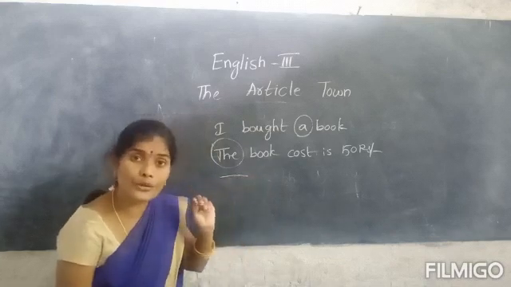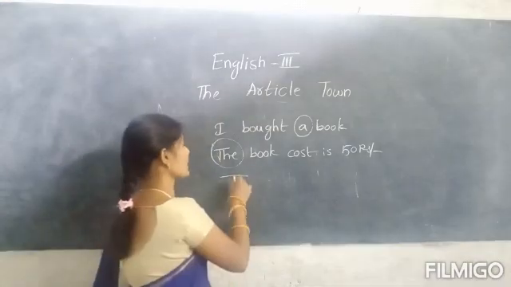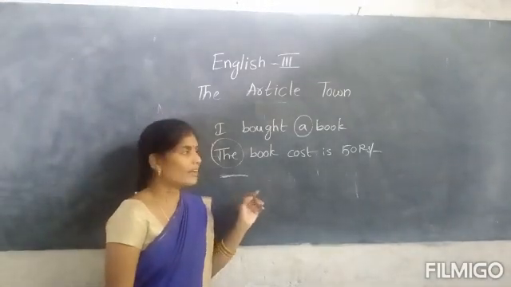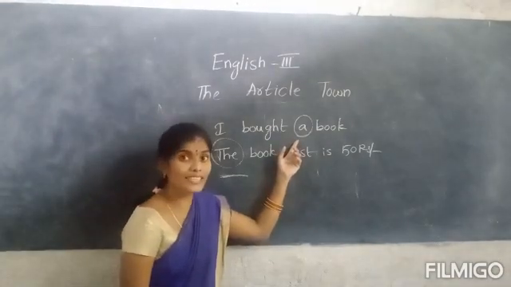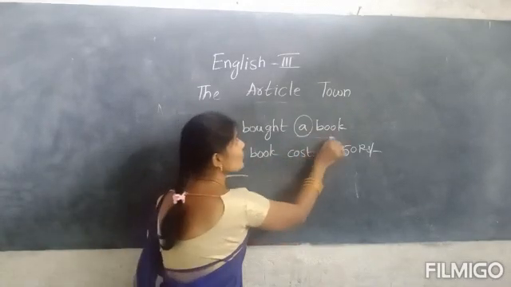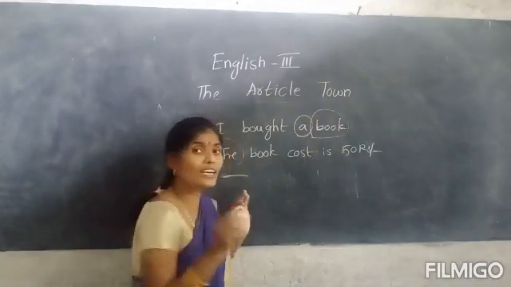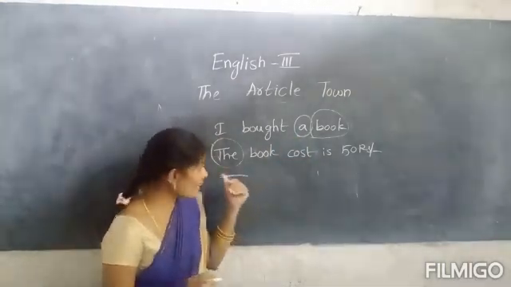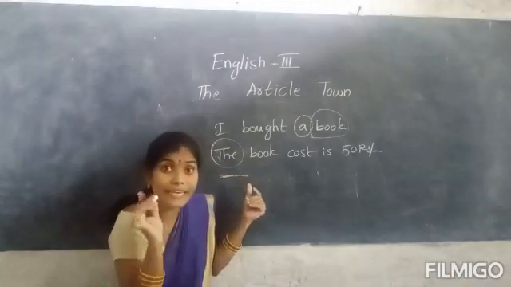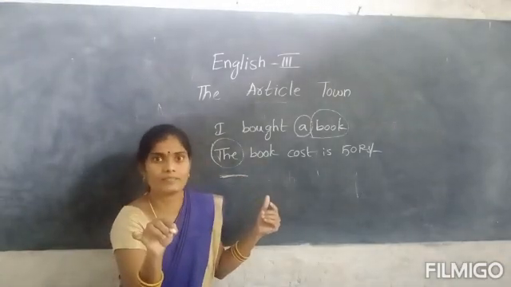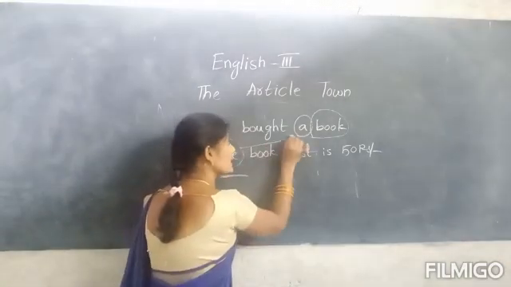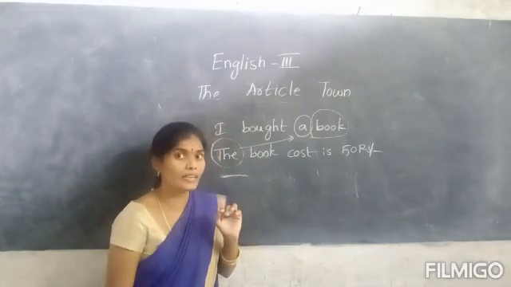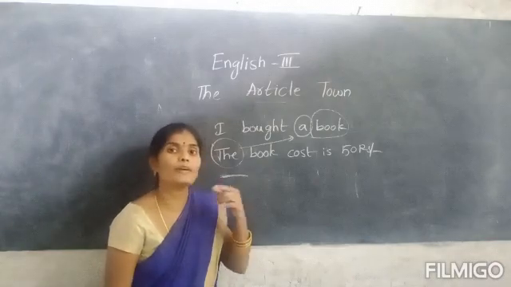Specially, I am introducing. That's what I used here, the. Understand me? Here, it is a general thing. It is a general word. This noun is a general word. So, I used a there. Here, specially, I am indicating about that book only, which I bought in the morning. About that book I am introducing.